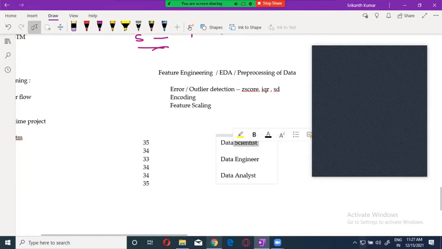That is the difference. This guy will know only the data pre-processing. This guy will know the pre-processing of the data and also the coding. And this guy will know it end-to-end. He will know the pre-processing of the data, he knows the coding, and he knows the domain knowledge also. They are the ones.